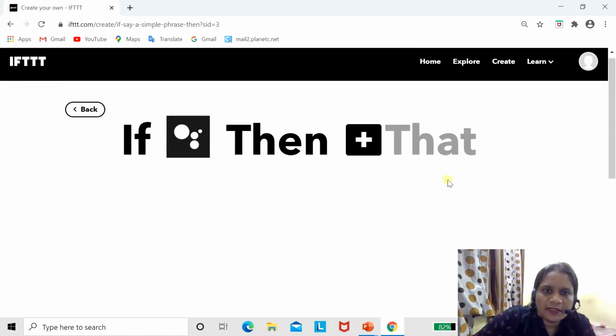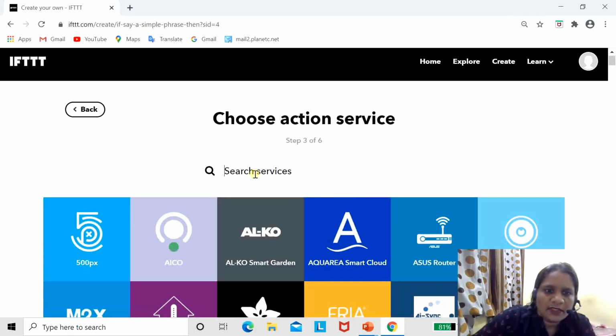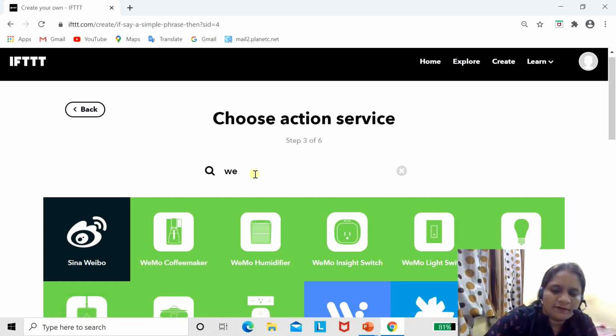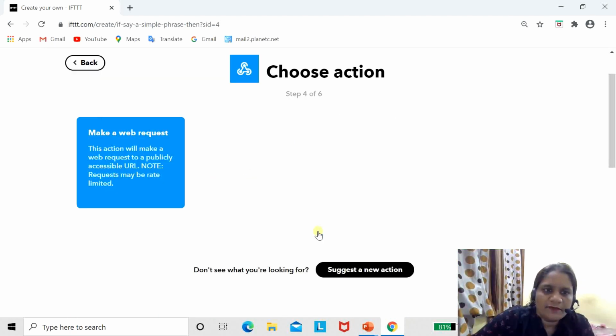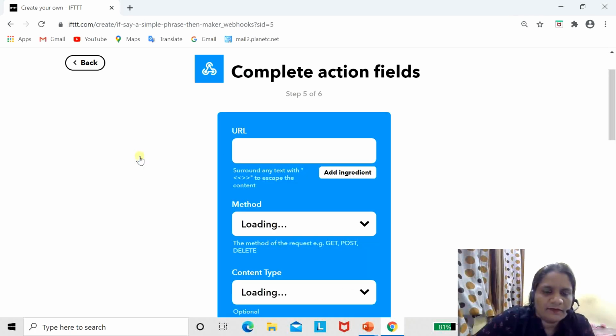Once you click on create trigger, Google Assistant has been added. Now click on Then, and click on the plus symbol. Now here we need webhook. So click on webhook. In webhook we are going to create a web request. This is an action which will make a web request to a public URL.